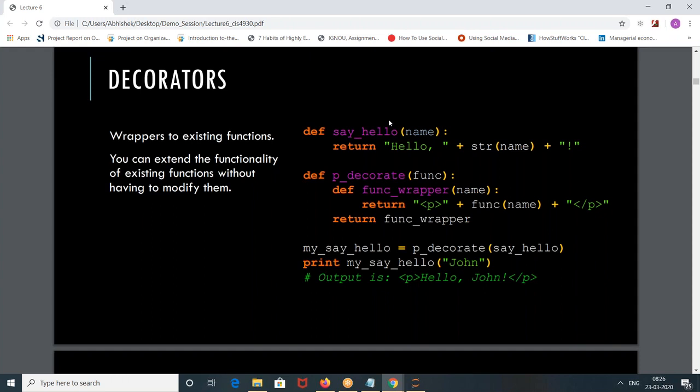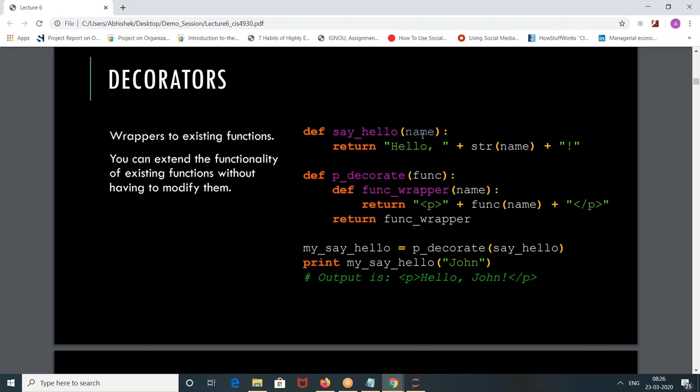It's like a class in a class. This is like function in a function, same concept. I wouldn't say this is inheritance, because in inheritance you write a class, you call that class within that, no need to do anything, it will automatically understand. But here we are trying to decorate.